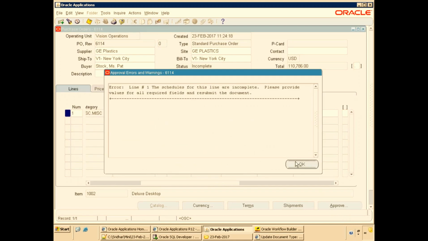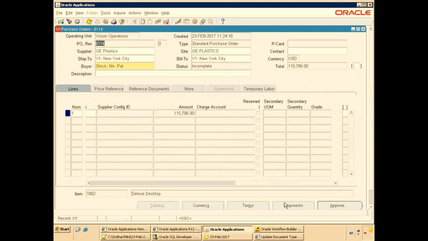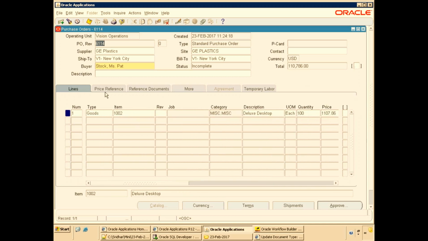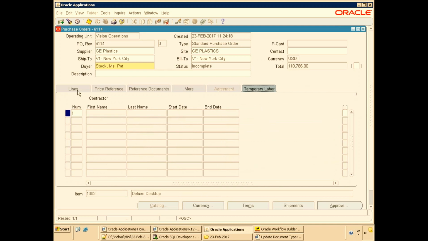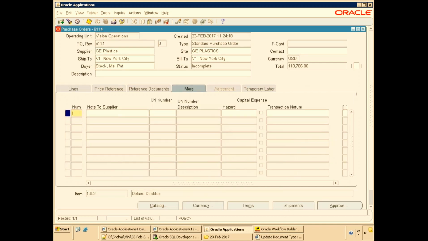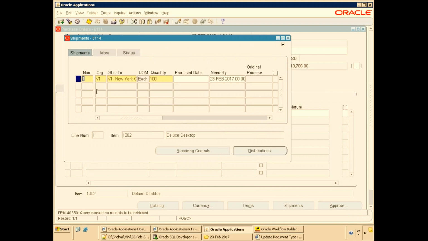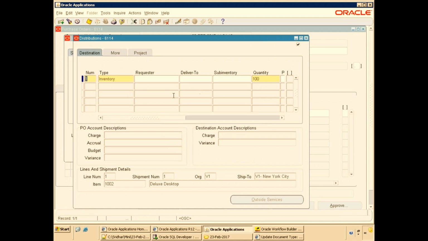Schedules will have values for all required fields. Maybe at this level no need by date got populated. In distributions, check if the PO account is entered. If not, make sure that you enter the PO charge account.